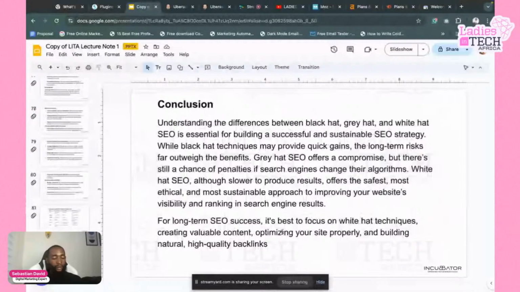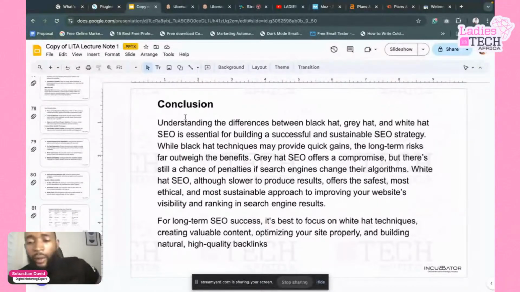Now we're at the final point in the notes where we'll be looking at the conclusion. Understanding the differences between black hat, grey hat, and white hat SEO is essential for building a successful and sustainable SEO strategy. While black hat techniques may provide quick gains, the long-term risk far outweighs the benefits. Grey hat SEO offers a compromise, but there is still a chance of penalties when search engines change their algorithm, while white hat SEO, although